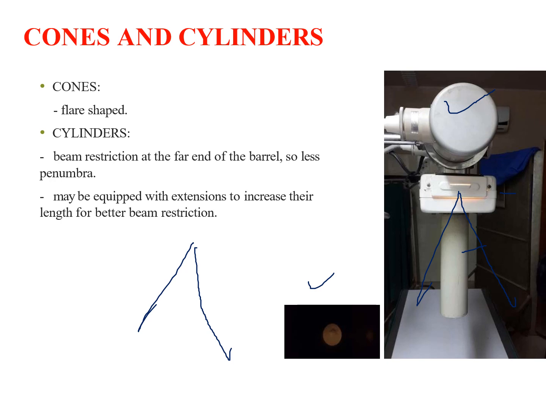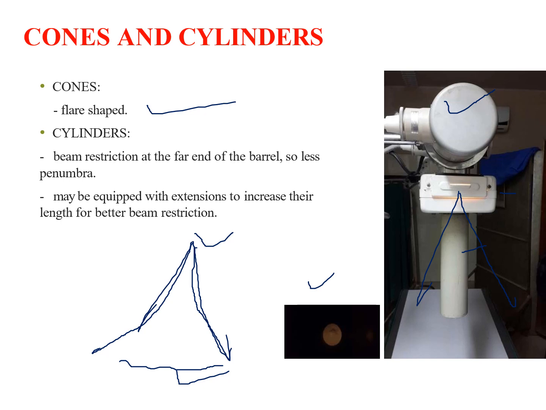What do you mean by this cone? It's a flat shape, if you see. At the top it is very sharp. When it goes back, it will become larger. So the cone can be a flat cone. This is the one flat cone. The upper portion should be smaller and the lower portion should be larger.